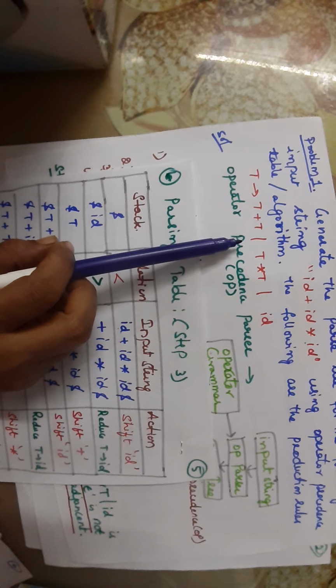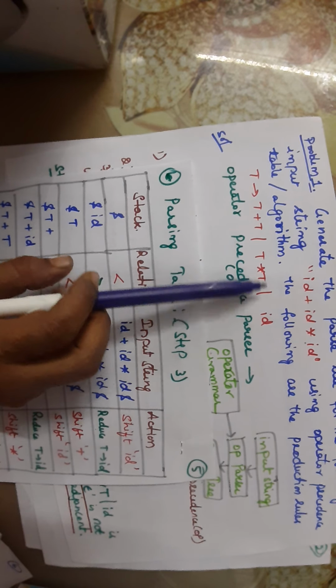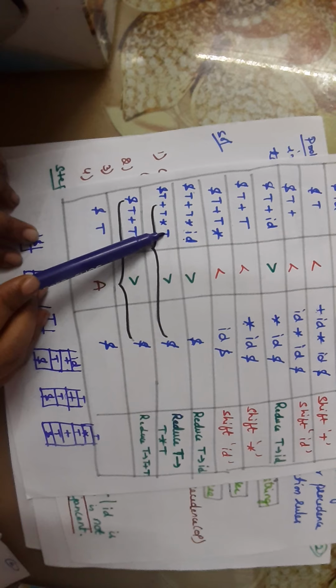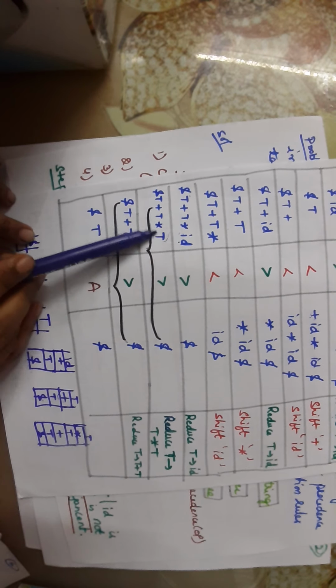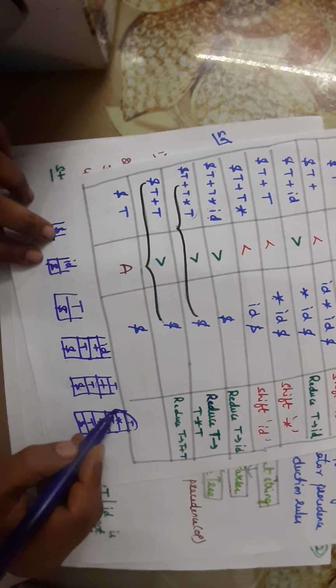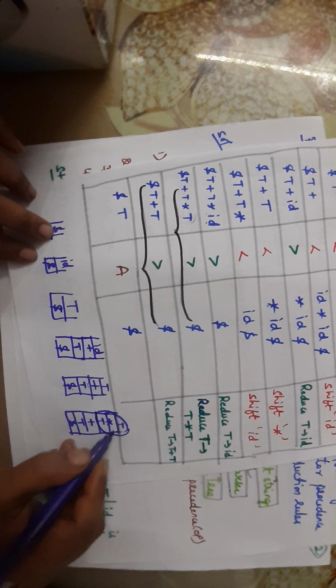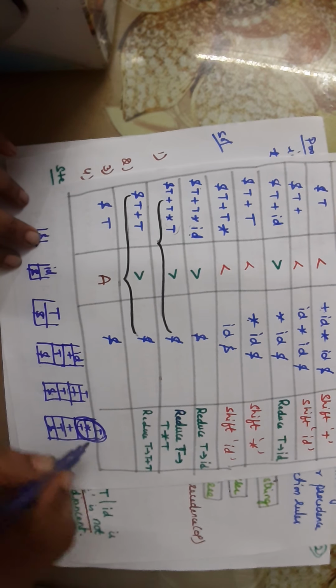So what is the alternative for this? Star is associated with two non-terminals. So instead of taking a single star, I should take T star T. So I cannot reduce capital T or star to one non-terminal. So take the complete T star T. Now what we are doing, we are taking this completely as one variable, T star T. So I want to reduce T star T.